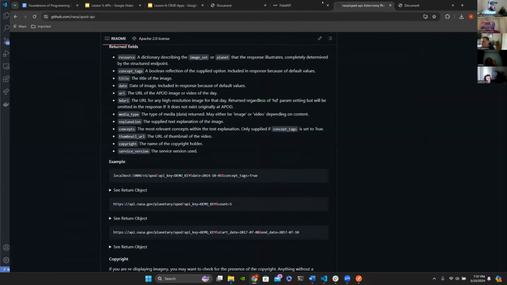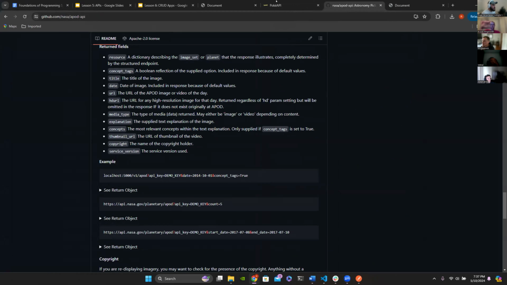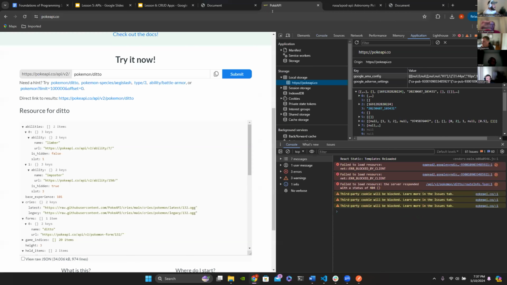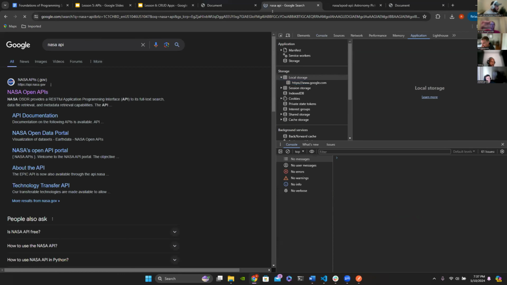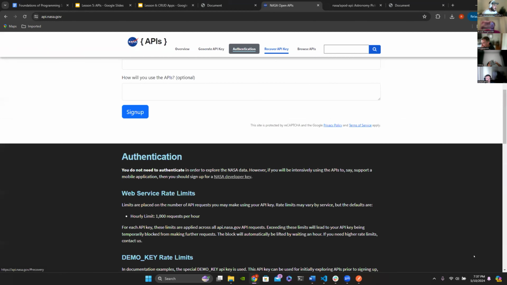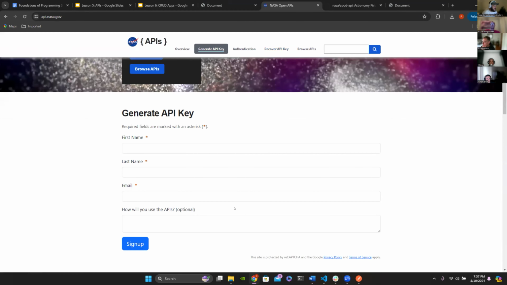So we were in the NASA API, right? Upon getting here, it's a little overwhelming at first. It seems like a lot. You see generate API, authentication, recover API key, and you get confused, right? You did need to generate an API key, but even if you skip this step to begin with,